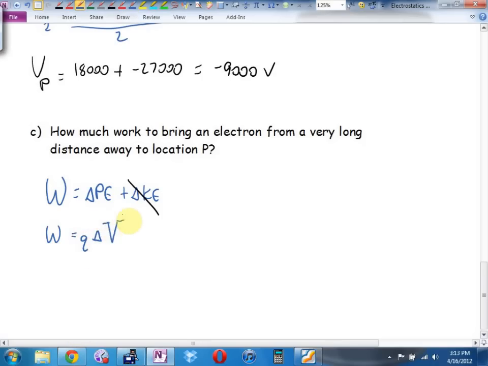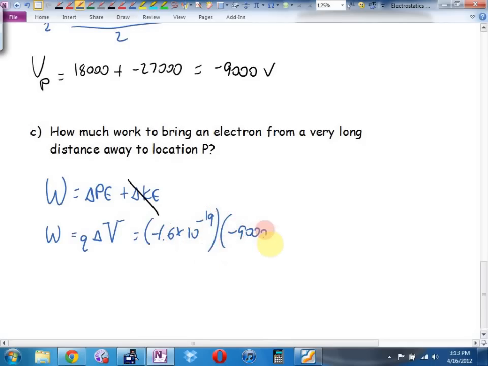I would use that. You know why? Because what did I just figure out in part B? And Q is the charge that I'm moving. What charge am I moving? Hey, I know all this. In fact, the amount of work it's going to take is negative 1.6 times 10 to negative 19, there's the charge on an electron,